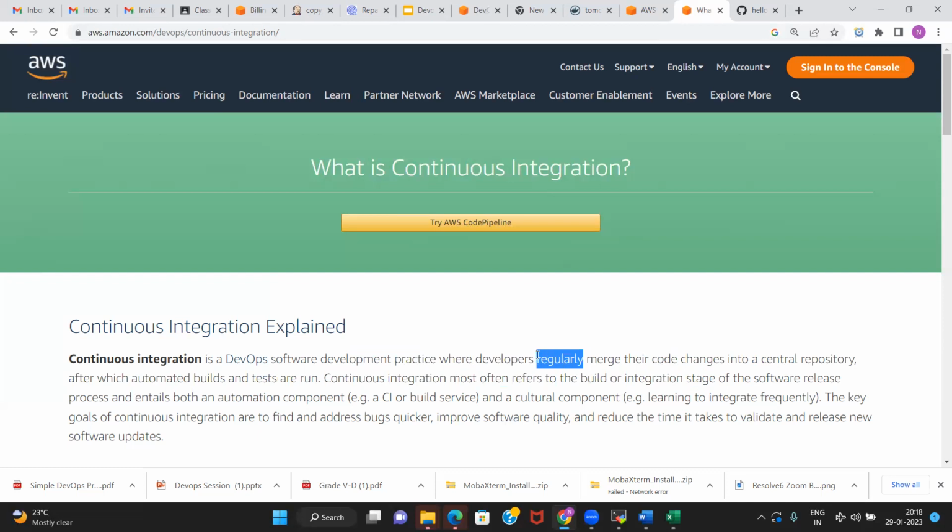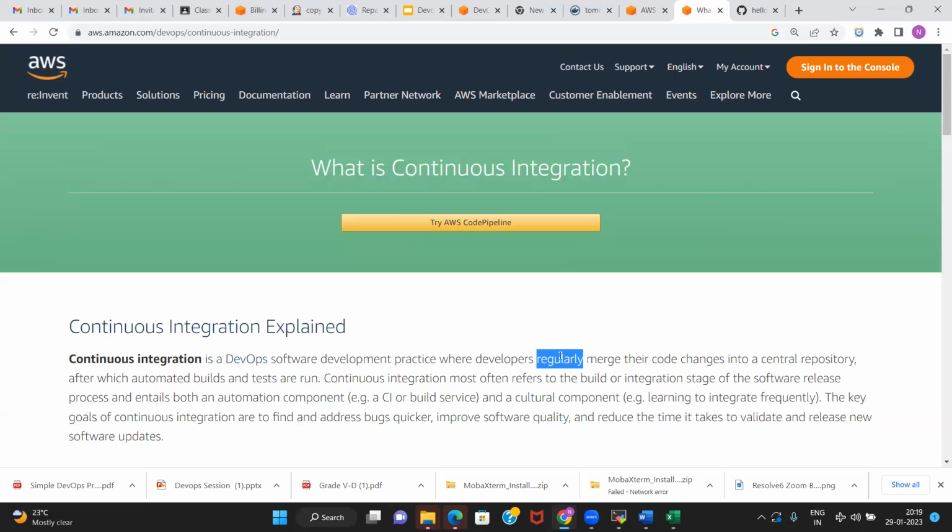This thing didn't happen previously, before DevOps. The code changes were pushed, but the build was not happening continuously. Maybe after 3 weeks, 4 weeks, the build used to happen and become available for testing. In case of the agile model, say you have 3 weeks, then for 2 weeks there are changes, but the changes are not pushed to the testers to do the testing, not deployed to production.